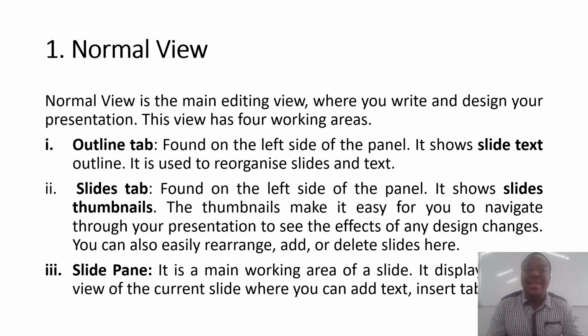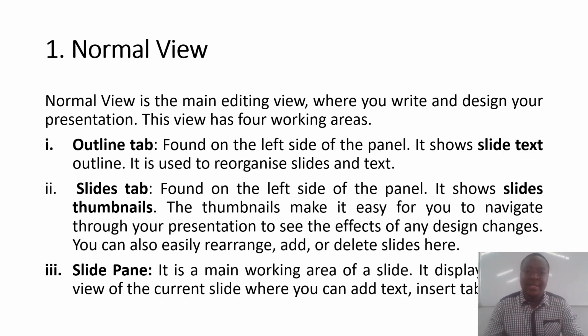It shows slide text outline. It is used to reorganize slides and text. It is used to do what? To reorganize slides and text. And number 2, we have got slides tab. This one is found on the left side of the panel. It shows slide thumbnails. The thumbnail makes it easy for you to navigate through your presentation to see the effects of any design changes. So you can also easily rearrange, add, or even delete slides